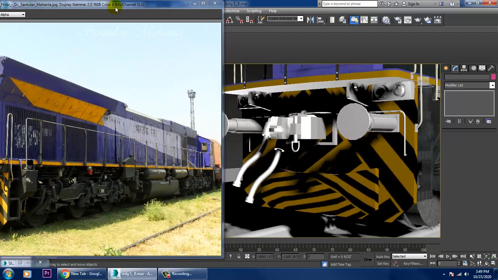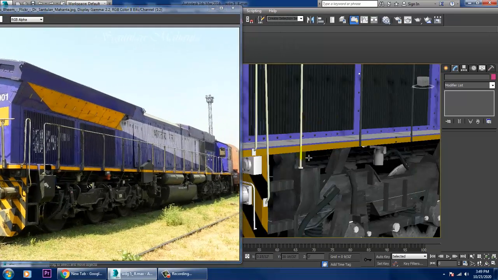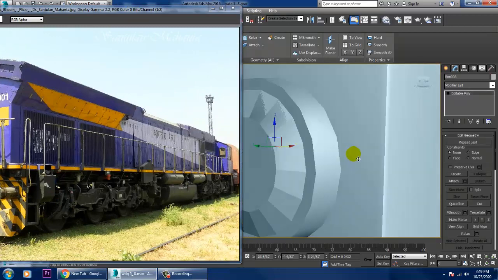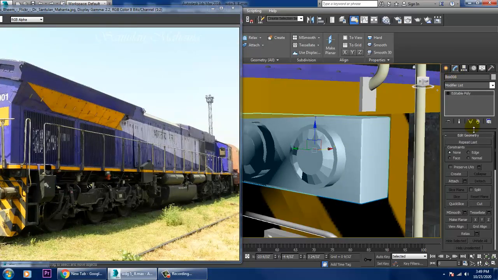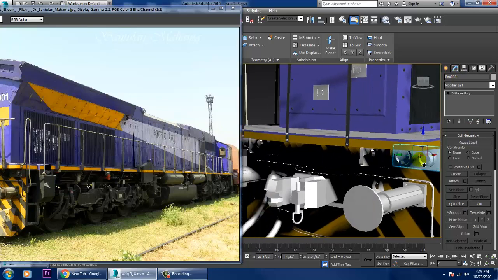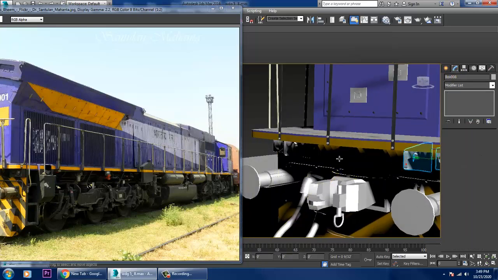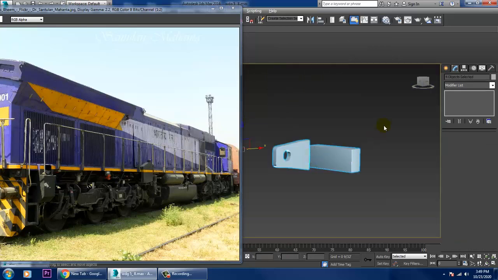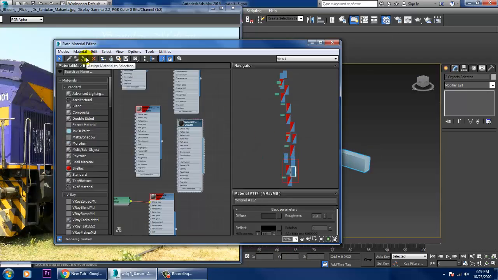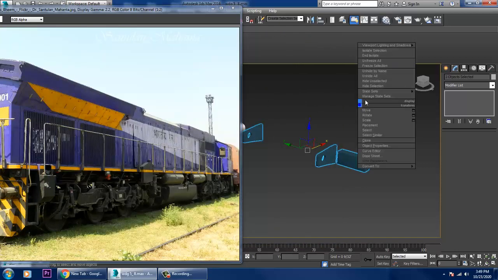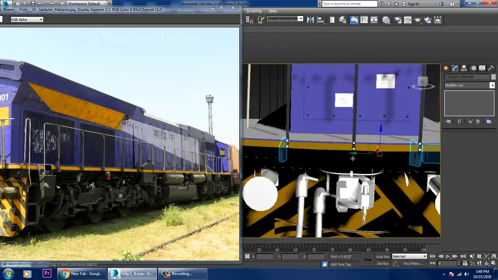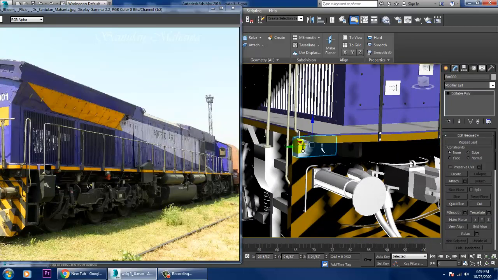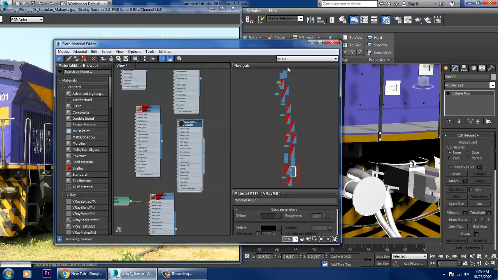Now for this over here, if we look at this, we can go into this, isolate the selection, this all, again get the same material and isolate this. This will also get the same material.